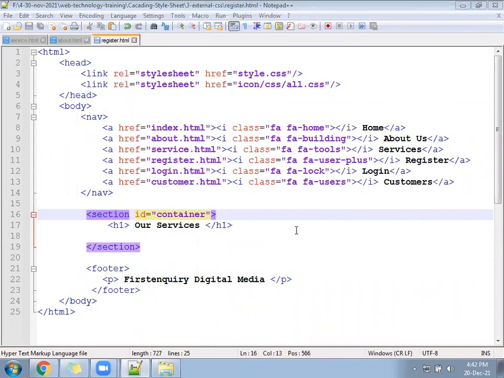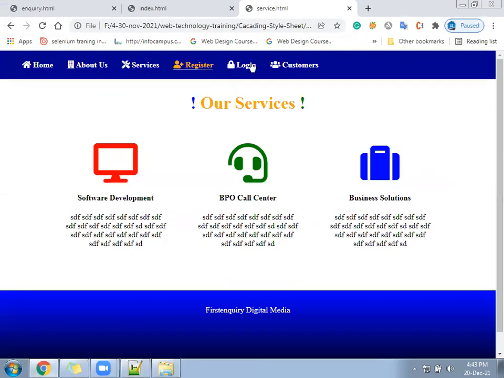Between the section tag we have, the section tag content will keep changing. Yeah, ready.